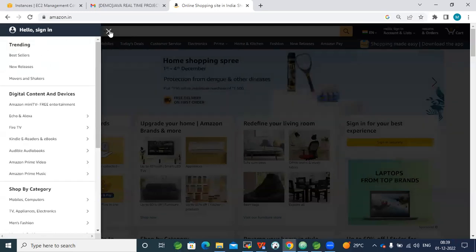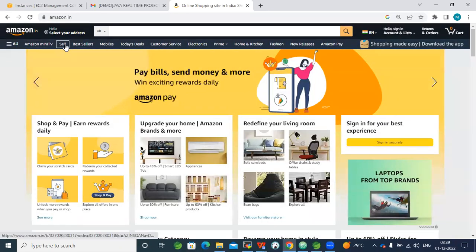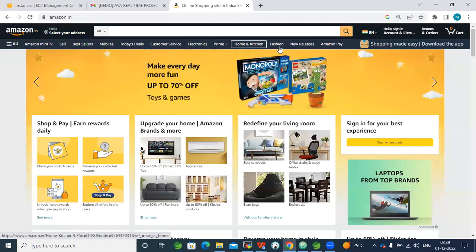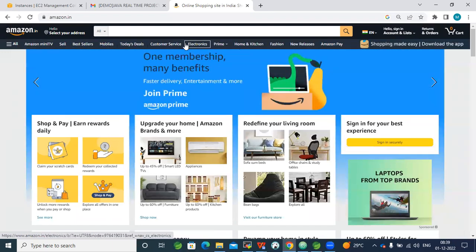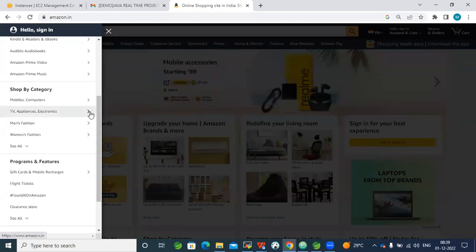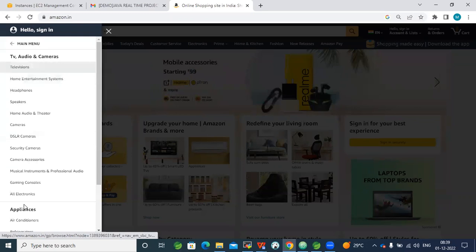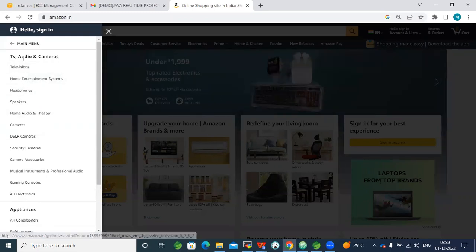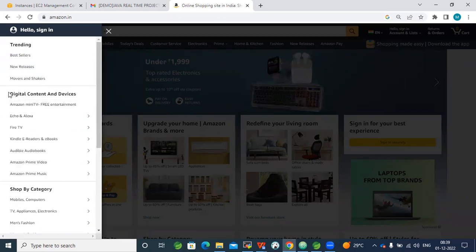Each and every category has its cost. Let's see, the categories are mobiles, electronics, home and kitchen, fashion, new releases, today's deals, bestsellers. These are all the categories. Each and every category will again have a lot of products. You can go here. For example, in the category TV, appliances, and electronics, there is TV, audio, and cameras as a subcategory. The main category is digital content and devices. In that digital content and devices, we have,